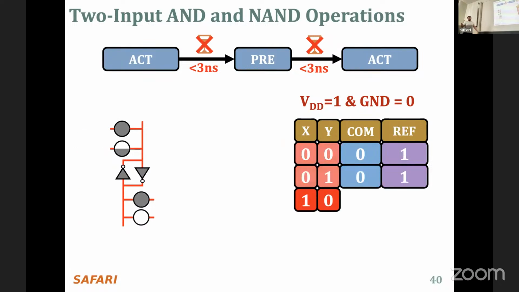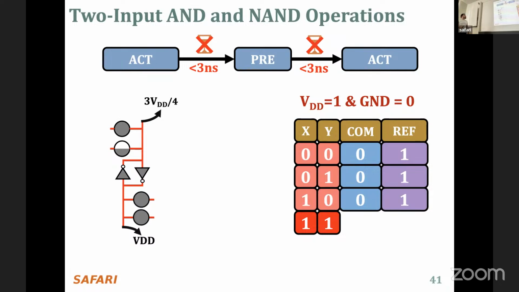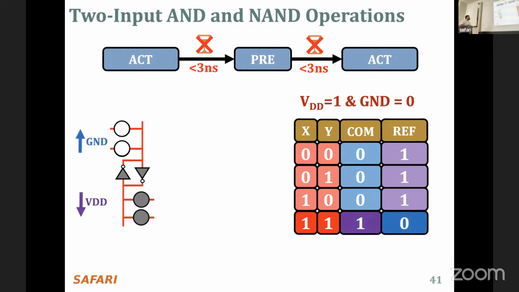And for the third one, as you can imagine, it's the same as the previous one. Again, the complete subarray bit line will have VDD over 2, which is still lower than the reference subarray bit line voltage, and it will store ground in its cells, while the reference subarray cells will store VDD. And for the last case, where things change, now the complete subarray bit line has VDD, which is higher than the reference subarray bit line. And now the complete subarray cells will store VDD, while the reference subarray cells will store